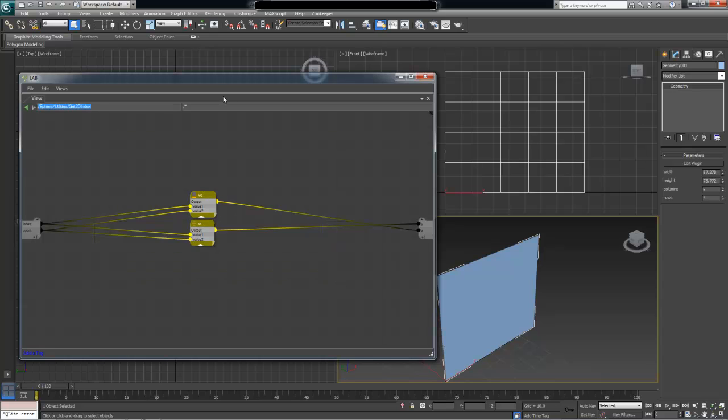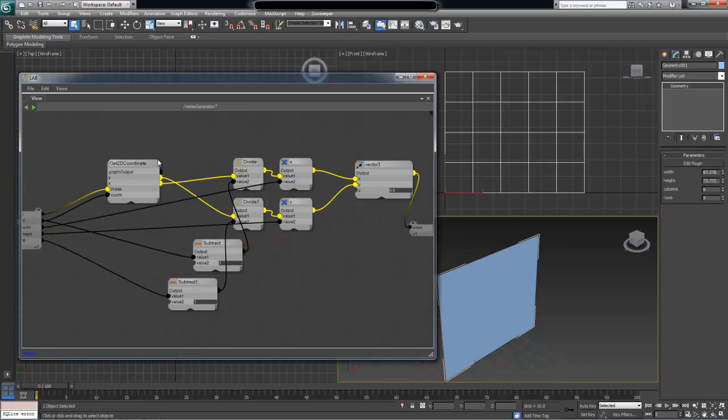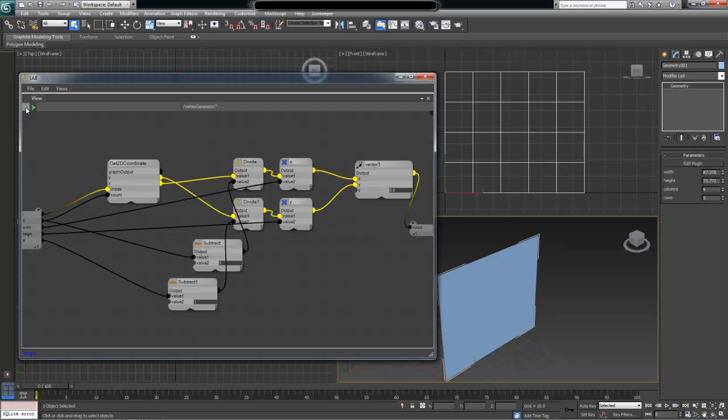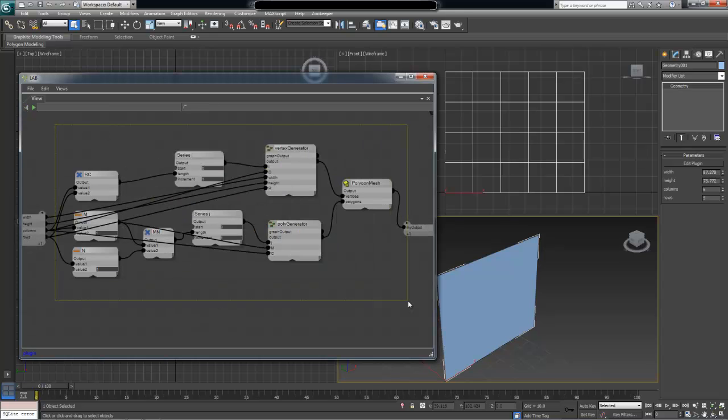We have the meta node XPath here. And as you can see, the instance XPath is not really pointing to anything because this is the top root level of this meta node. If we click back twice, we go back to this get 2D coordinate graph. It no longer has that icon, the graph icon, which means that it is actually a meta node. And this is an instance of that meta node. If I double click on it, again, you can see that we go back to the meta node as opposed to that instance node. So let me get out back into the root graph of the plugin,